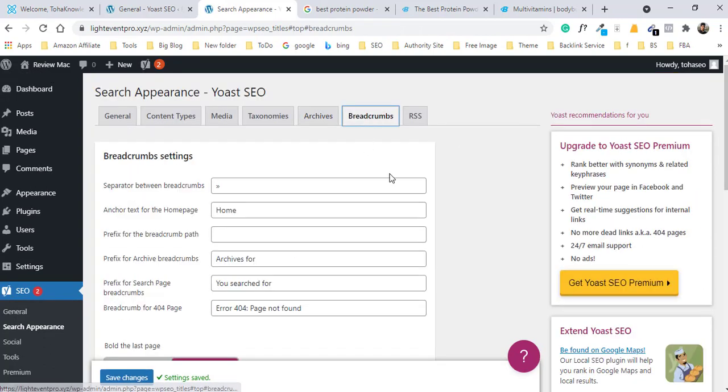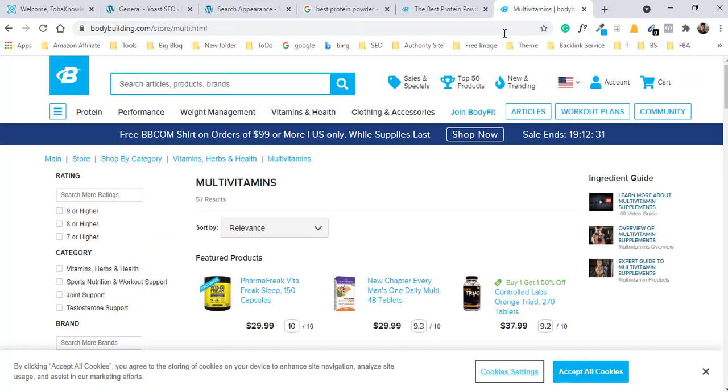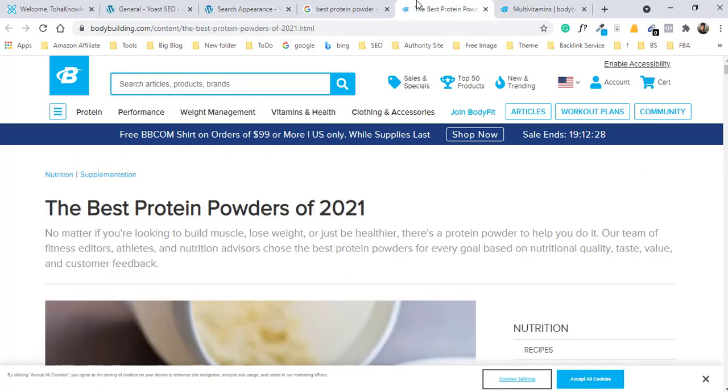And breadcrumbs. Nowadays breadcrumbs are not so popular, but a few days ago breadcrumbs played a big role. Breadcrumb means when you go to any website, you can see the placement of where you are.